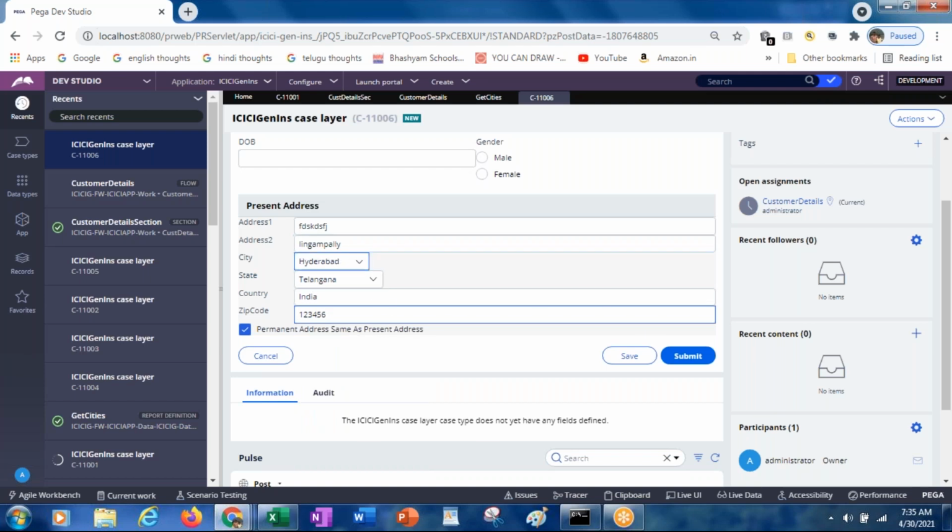Now if you type any values here, is it populating the values to the permanent address also? We said both are same, but even though both are same, these values have to be populated to the permanent address. So how exactly can we do that for the permanent address?